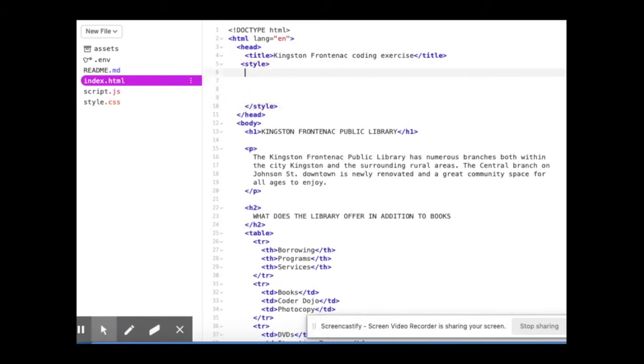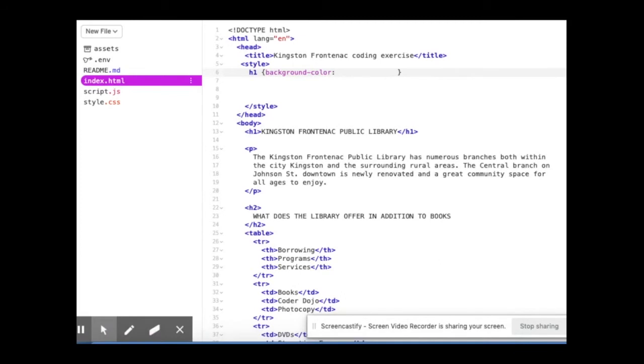Next, we know we need to enter our selector. We want to style our H1 line. Our selector is followed by a curly bracket. Notice Glitch puts in the ending curly bracket. Inside here, we now want to indicate our property. We talked about making our property background-color. Note the American spelling, followed by a colon.